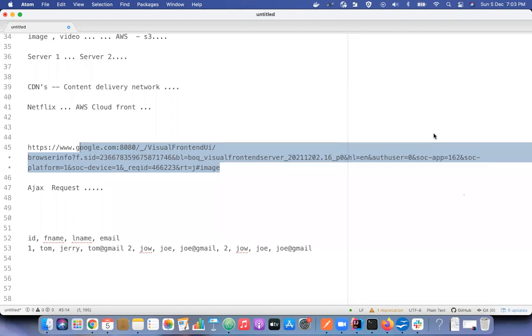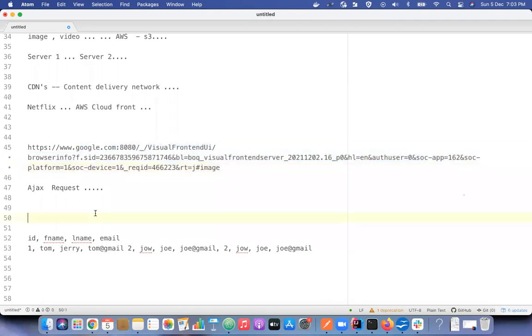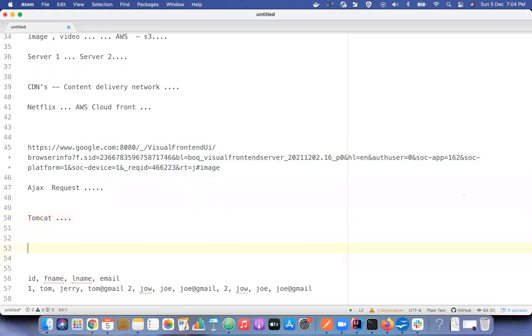You have heard of this term called Tomcat server, anyone? Tomcat is a web server. It's going to handle all your requests, right? I'll also talk about the flow actually, right? Any request comes,